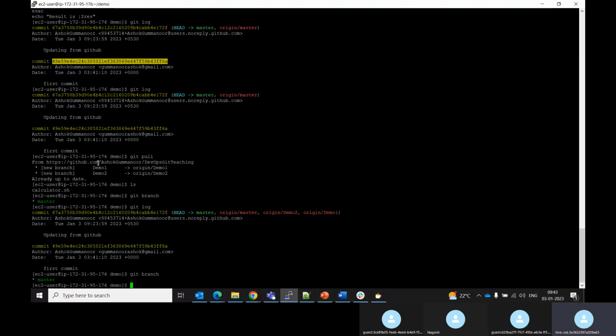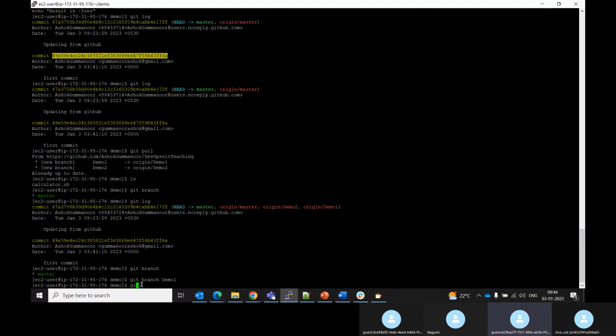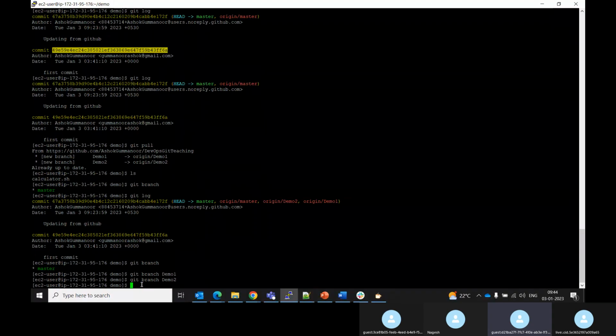So origin has already been updated. If I want to create the same branches here in my local, I create a branch, and now if I run git branch,